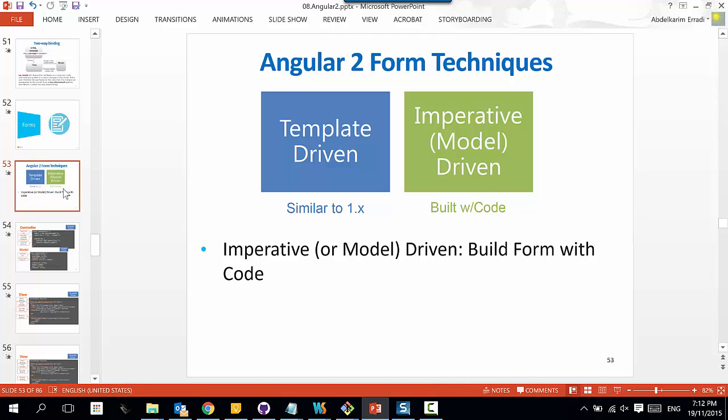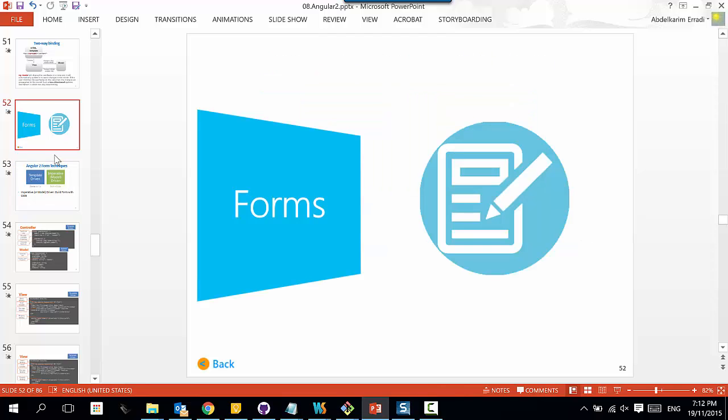Okay, welcome back. Let us really speed it up. We are a bit late. So forms, two major topics to be discussed, forms and router. So for forms,